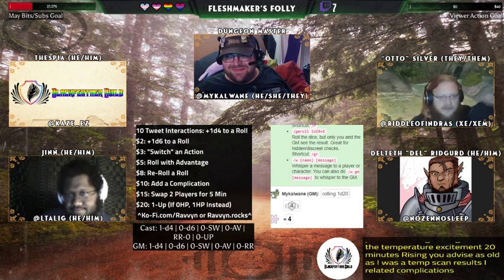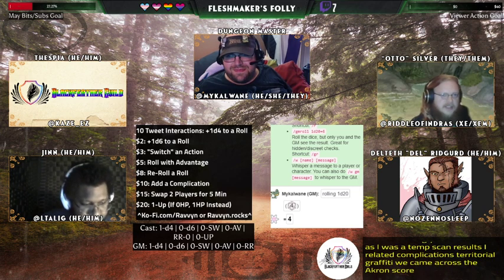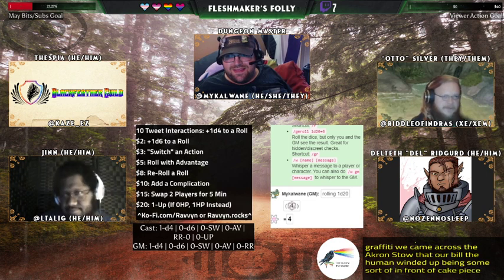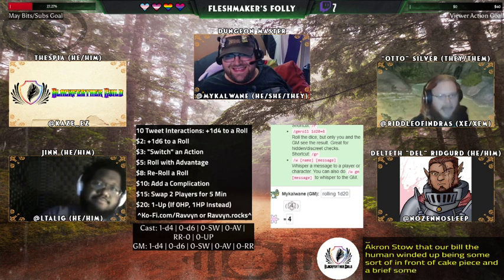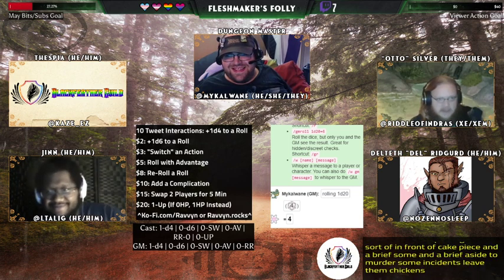After following the trail of confectionery aggression and territorial graffiti, we came across the lair of the saccharine skulldugger Bill the Human, who ended up being some sort of infernal cake beast. After a not insubstantial bout of pastry pummeling and a brief aside to murder some incidental evil chickens, we came across